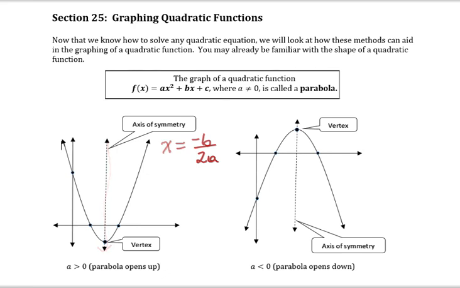And one last property is the vertex of the parabola. So the vertex sits at the axis of symmetry. Therefore, the x-coordinate of the vertex equals negative b over 2a. And we can find the y-coordinate of the vertex by plugging this value into our function f. So we will see some solved problems and we will see how to locate these points and then how we can connect them to graph a